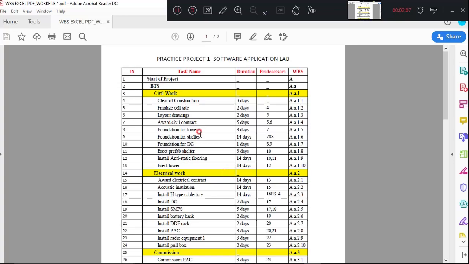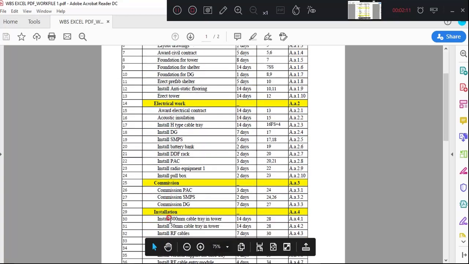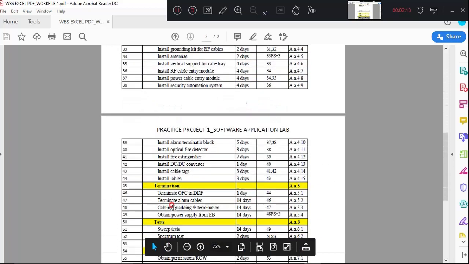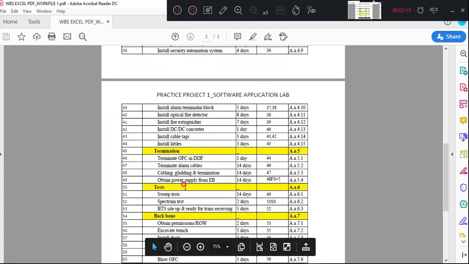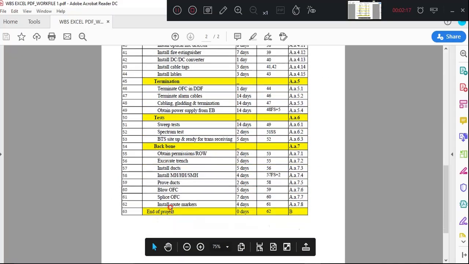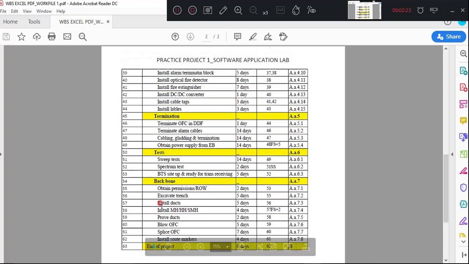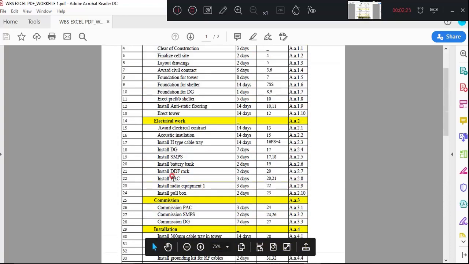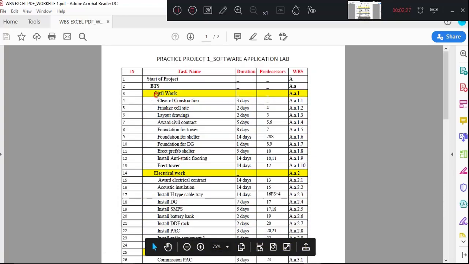That means under a project I have civil work, electrical work, commission, installation, termination, test, backbone and end of the project. So start of a project and end of the project are my two milestones. Now under these main activities I have sub activities like clearing of a construction, finalization of a cell.